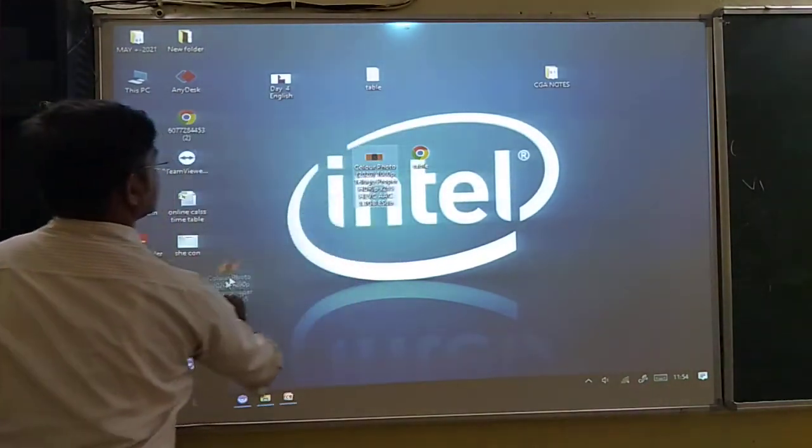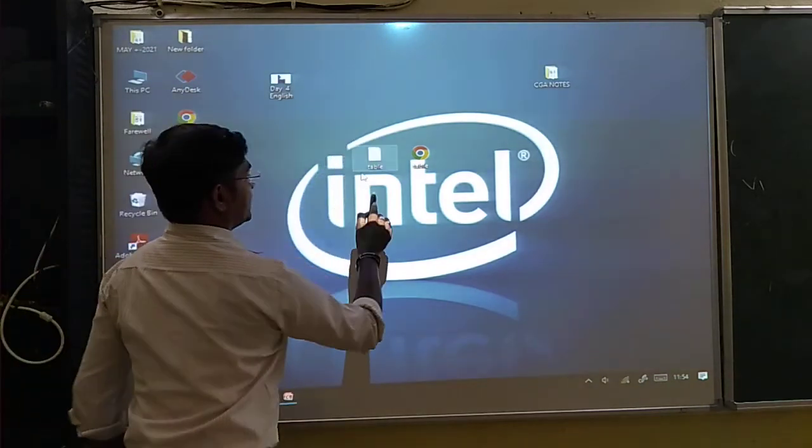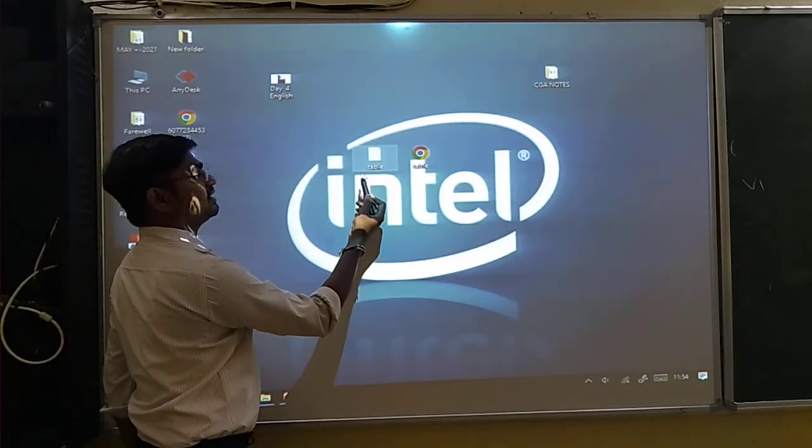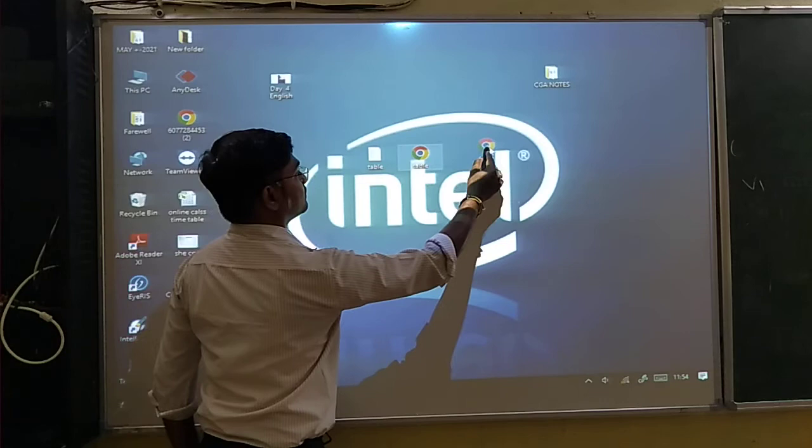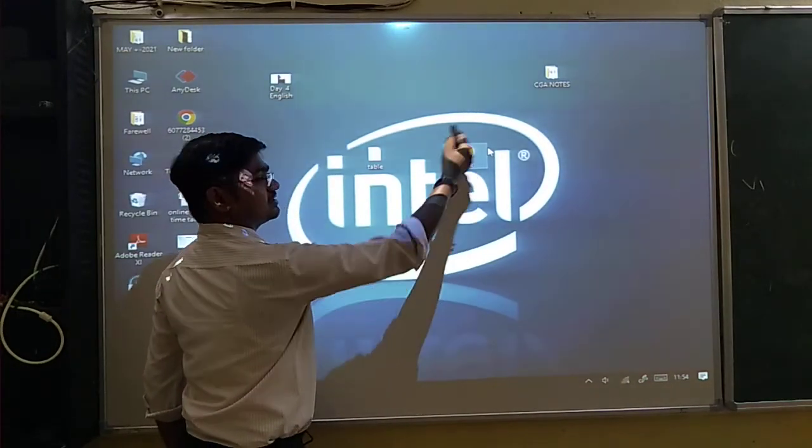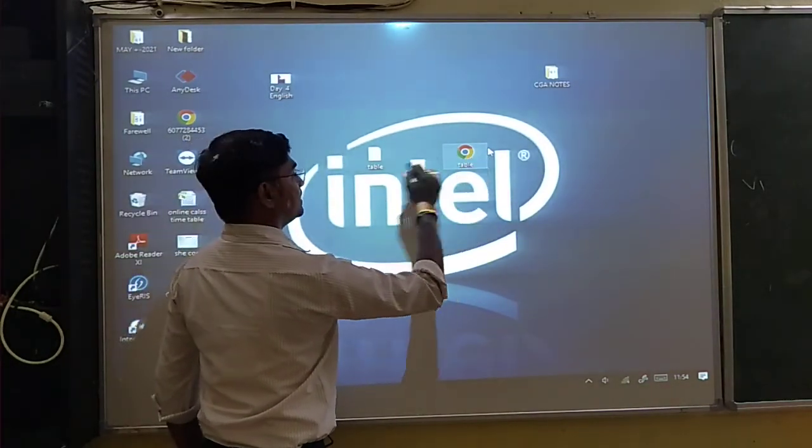This is the table, so both files. The first one is indicated by the text format, and the second one is indicated as the conversion into a web page. Then this is the